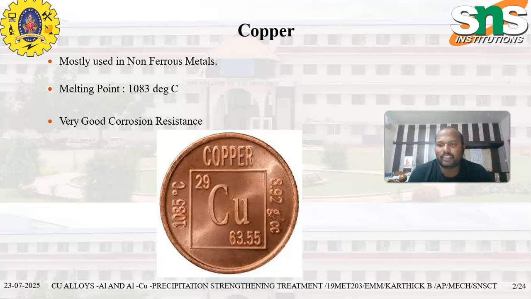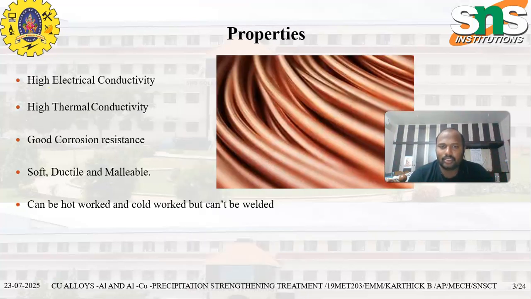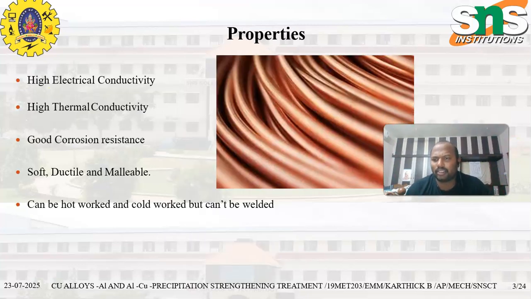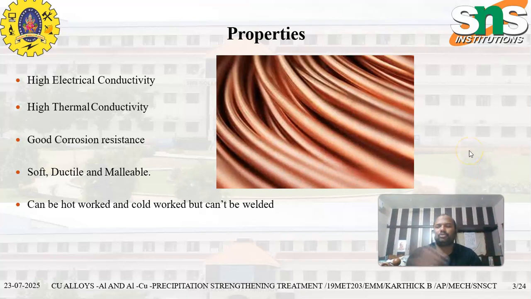The first non-ferrous alloy we are going to see is copper. It is one of the most used non-ferrous metals. Its melting point is around 1083 degrees Celsius, and the main purpose of using copper is its very good corrosion resistance. You may wonder why it has such good corrosion resistance, because one major thing in copper is that